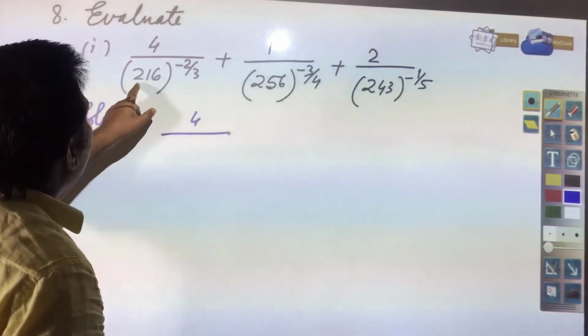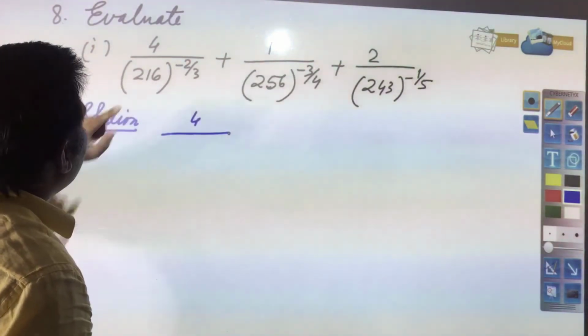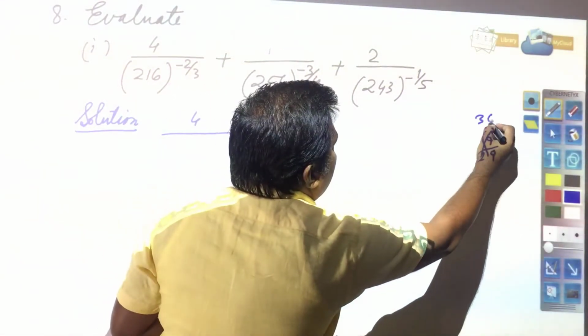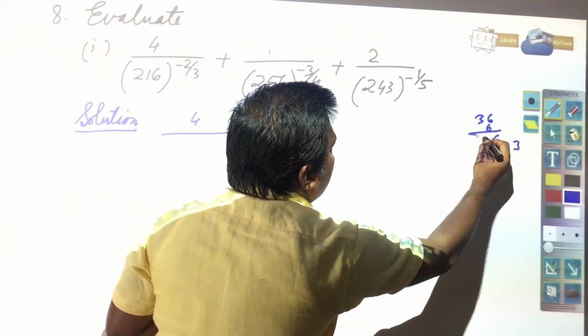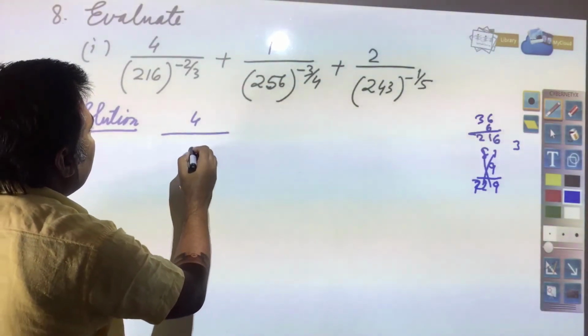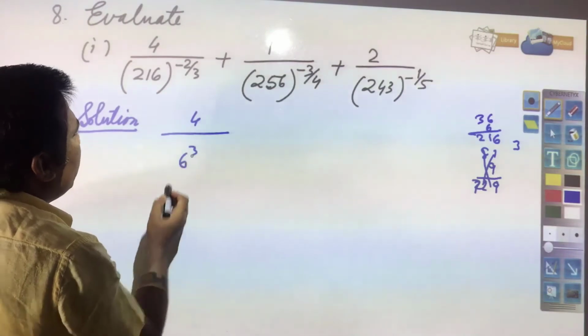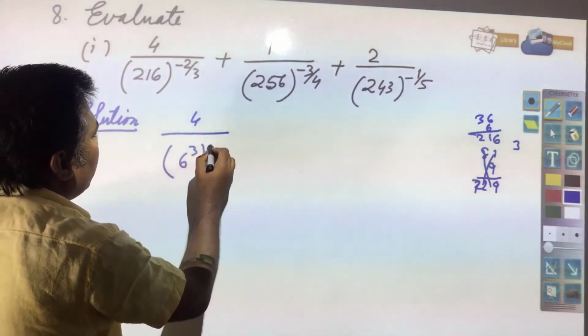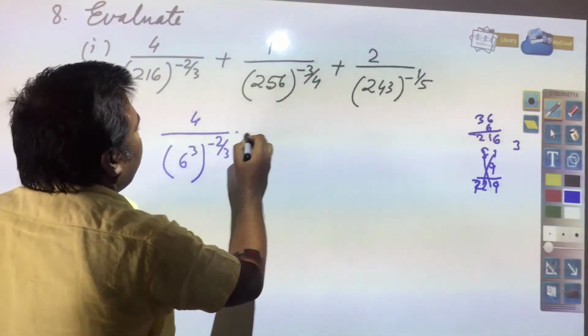Here you have 216 to the power minus 2 by 3. 216 can be written as 6 to the power 3 to the power minus 2 by 3, and that plus